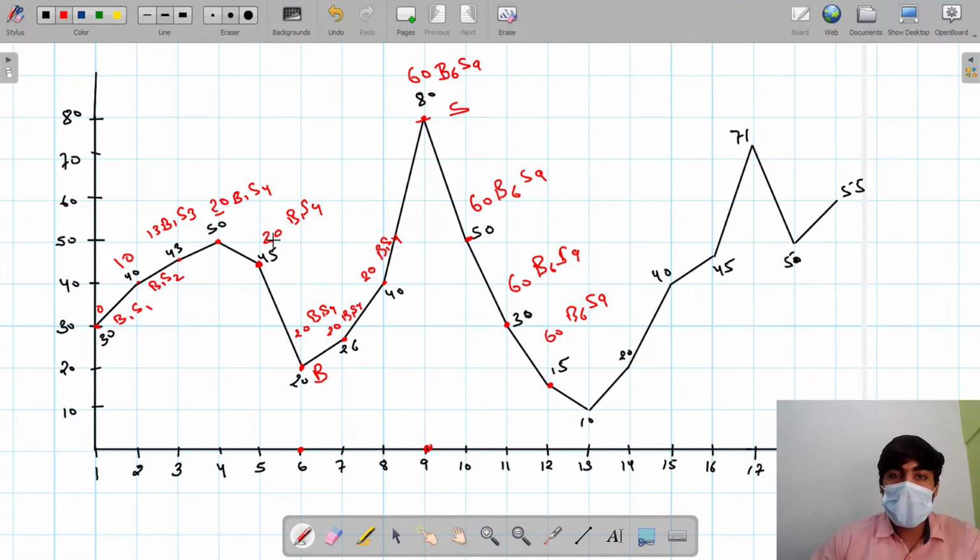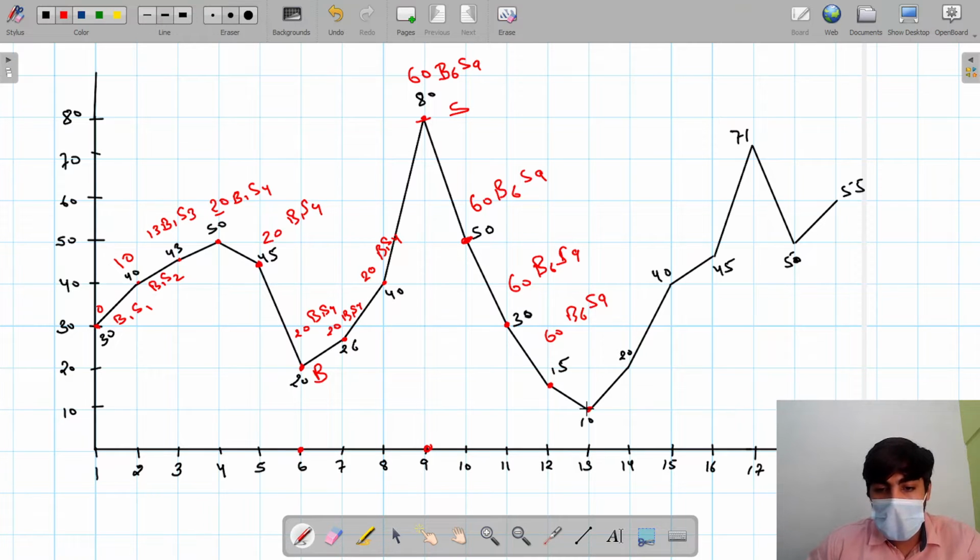I am taking every day as a selling day, okay, and finding the maximum profit for every day and checking if its profit is greater than the maximum profit which we got previously. If greater, we take it as it is, else otherwise we put the maximum profit here. Okay, you can see here also the condition which I am saying, today's price is maximum, profit is maximum, so we take it as it is. Otherwise for 50, like for the 10th day, profit is not maximum, so we take 60 here, okay, instead of 30.